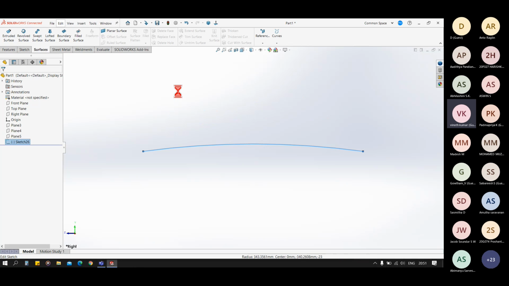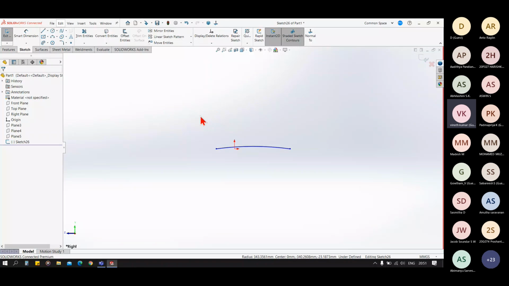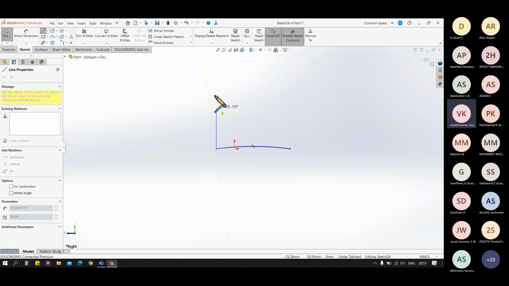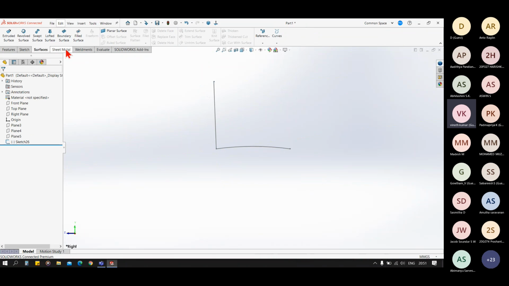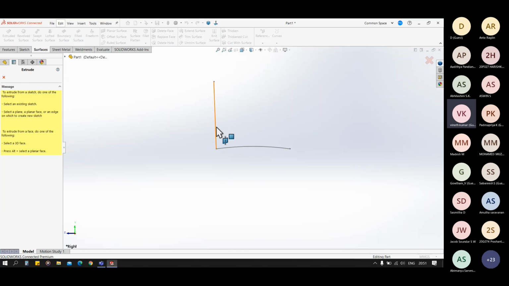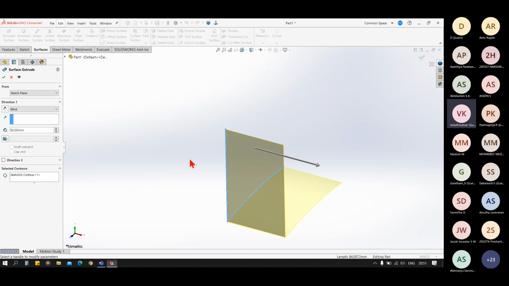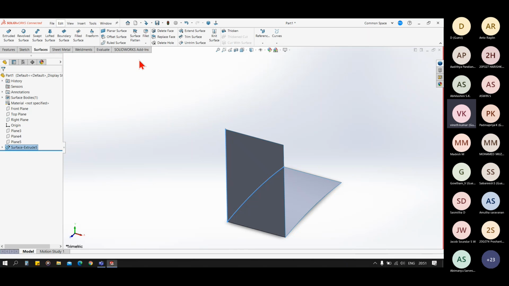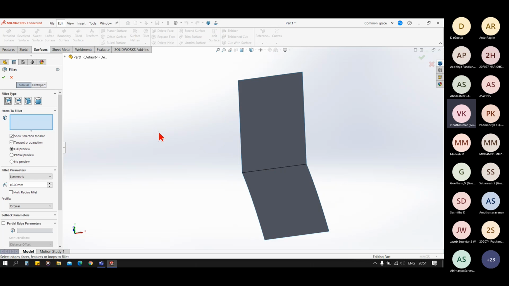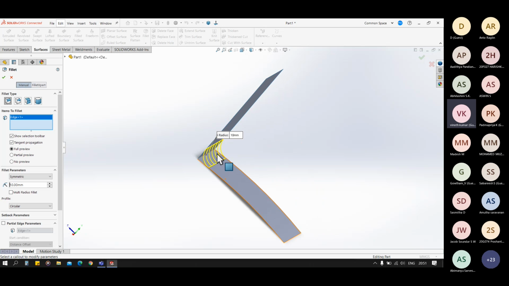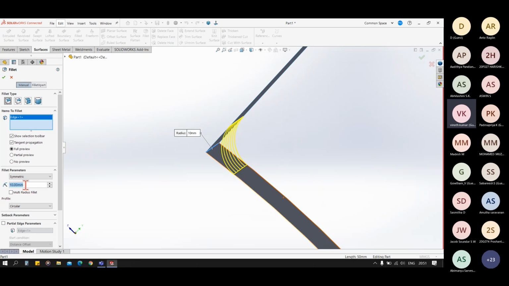Okay. Now let's see the fillet option. So for the fillet, you have to select an edge, and you can see it is the same as our 3D. We can change the radius value.